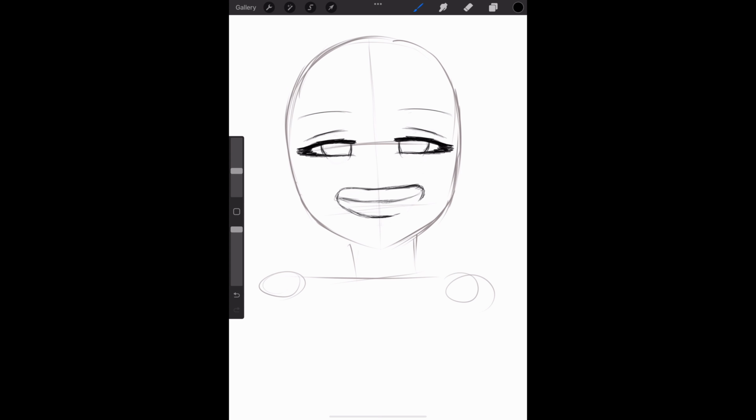Gotta make it a little bit thinner. I have a problem with getting these mouths to look kind of even, but I think I did it.